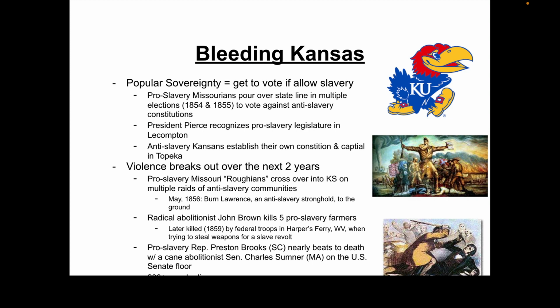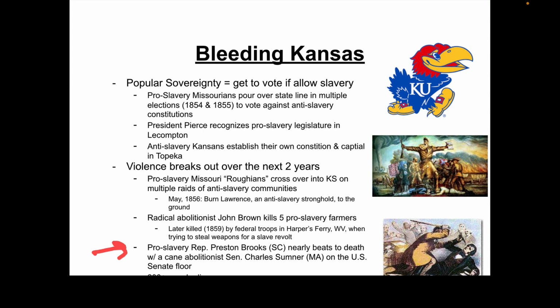Over that span of about 2.5 years of violence, those are a couple of examples, Lawrence and Pottawatomie Creek, where John Brown does his thing. More than 200 people are killed in Kansas based purely on this pro versus anti-slavery violence. And it is not simply limited to the state of Kansas. Actually, on literally the floor of the United States Senate,